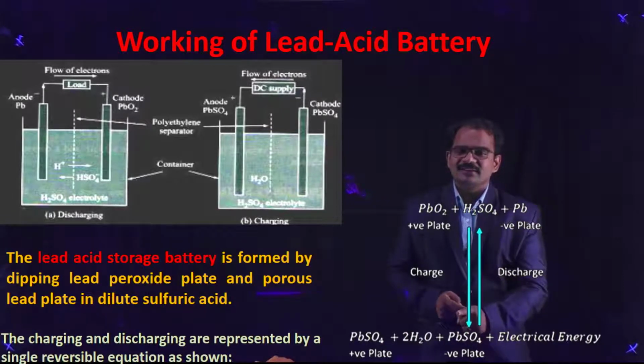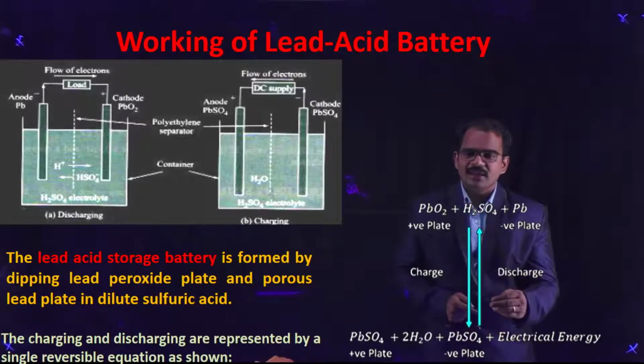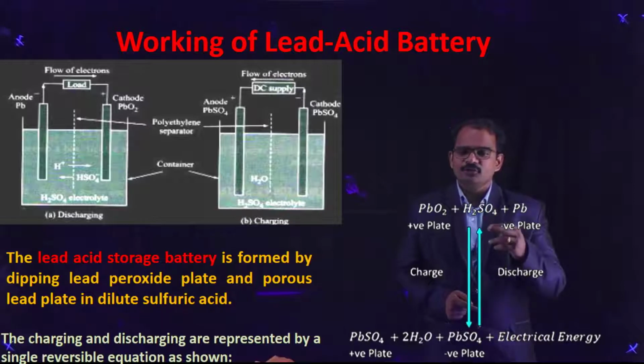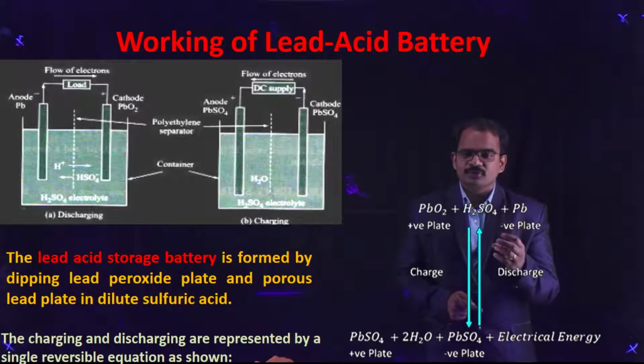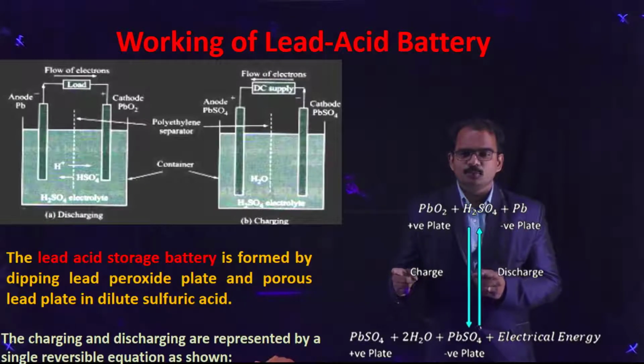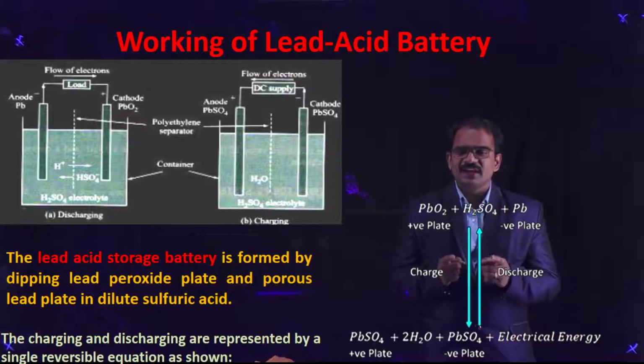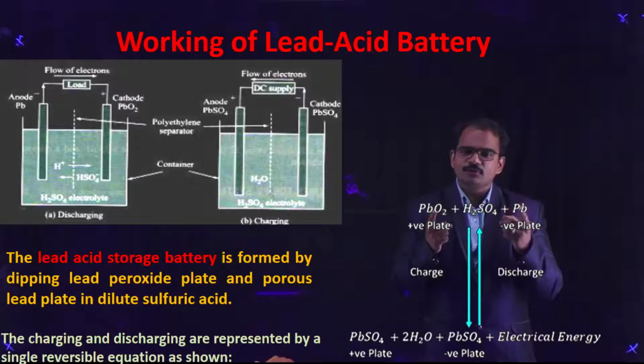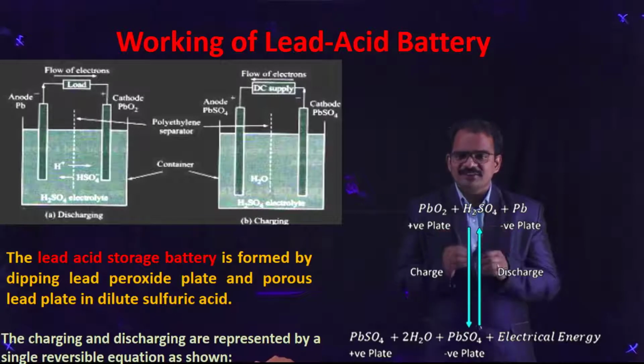With that, the electrical energy is getting stored as chemical energy in the battery, and the stored energy will be released during discharging whenever the load requires it. During this process, the PbSO4 at both the positive and negative plates will again be converted into PbO2 at the positive plate and Pb at the negative plate, and with this the stored electricity is again supplied back to the load. This is the chemical reaction taking place inside a lead acid battery.